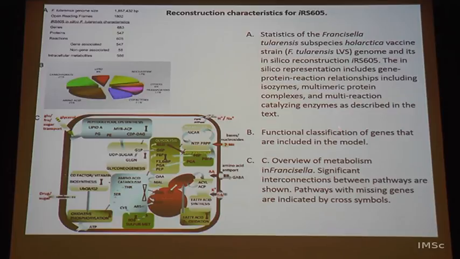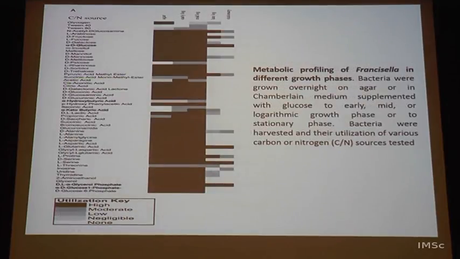So that is done. Functional classifications of genes included in the model just show you carbohydrate metabolism, nucleotide, and so on and so forth. This is the overview of what is available. And they grew the organism in different nutrient sources to see which pathway is enabled and which is disabled. These were all given as carbon and nitrogen sources, and you see whether growth is there over a period of time or not. In fact, there is a high throughput method to do this called phenotypic microarrays, which we used recently for Mycobacterium smegmatis.